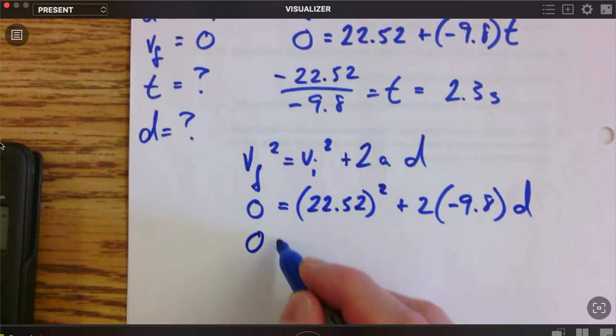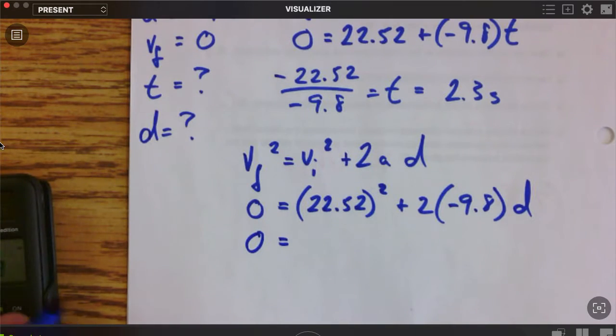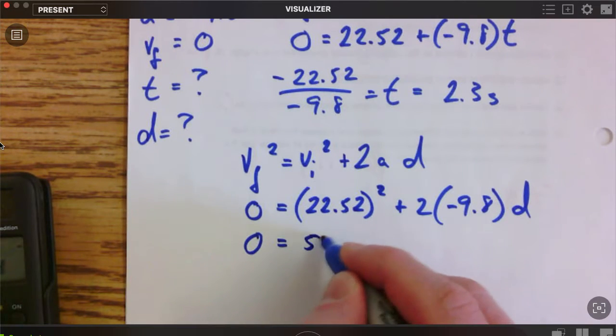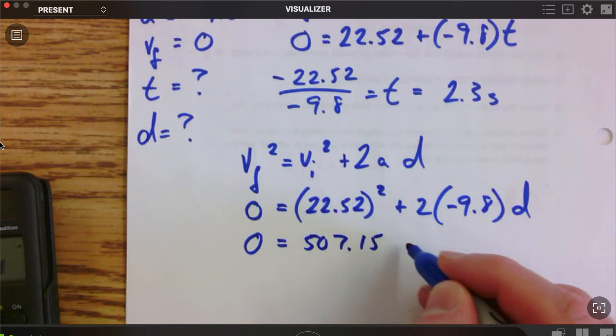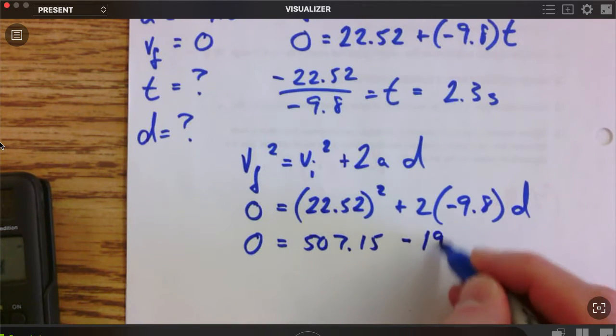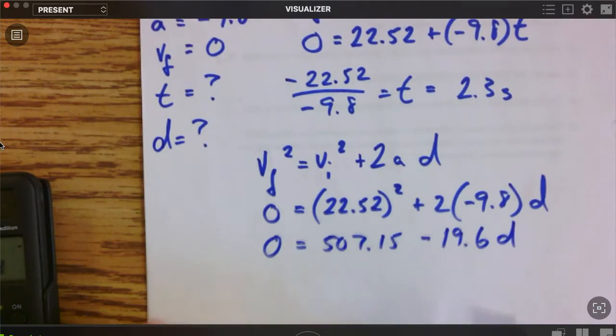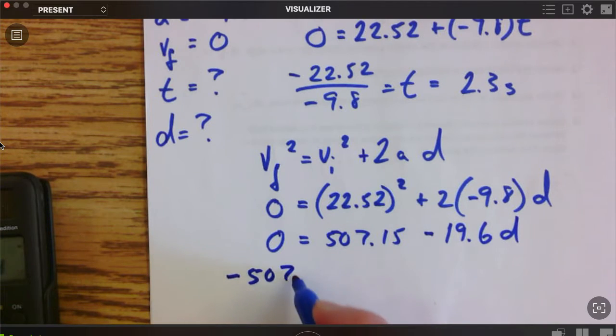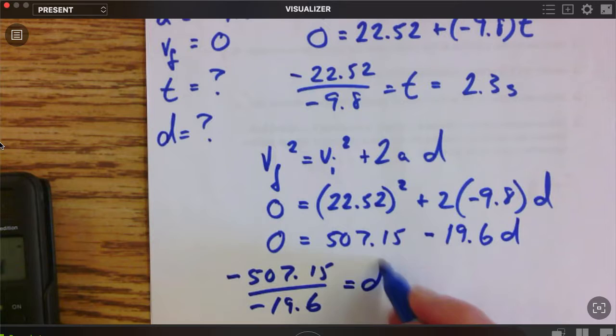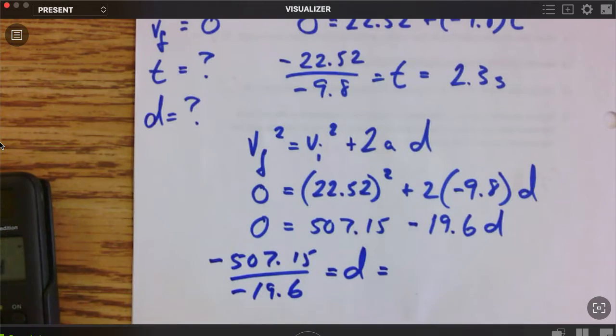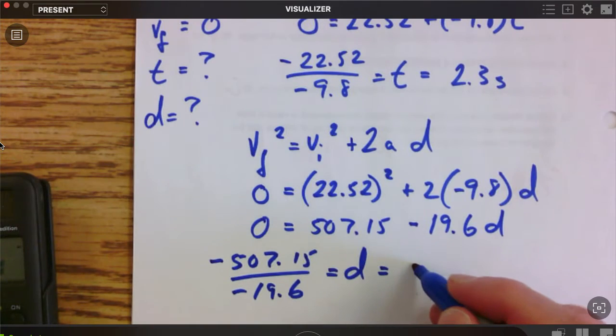I'll do a couple steps. So 22.52 squared is 507.15 minus, this will be 19.6 d. So it's negative 507.15 over negative 19.6 equals d. So this is just maximum height. This isn't an answer to the question just yet. So divided by 19.6. So the displacement is